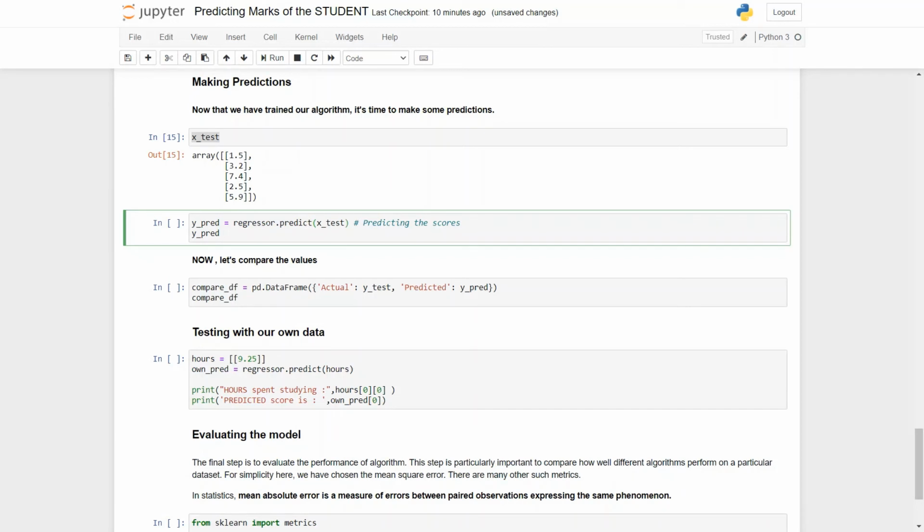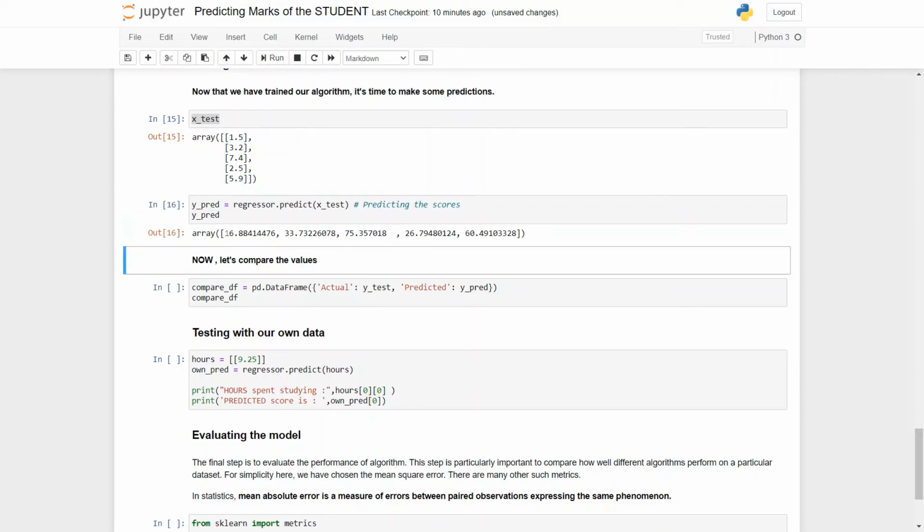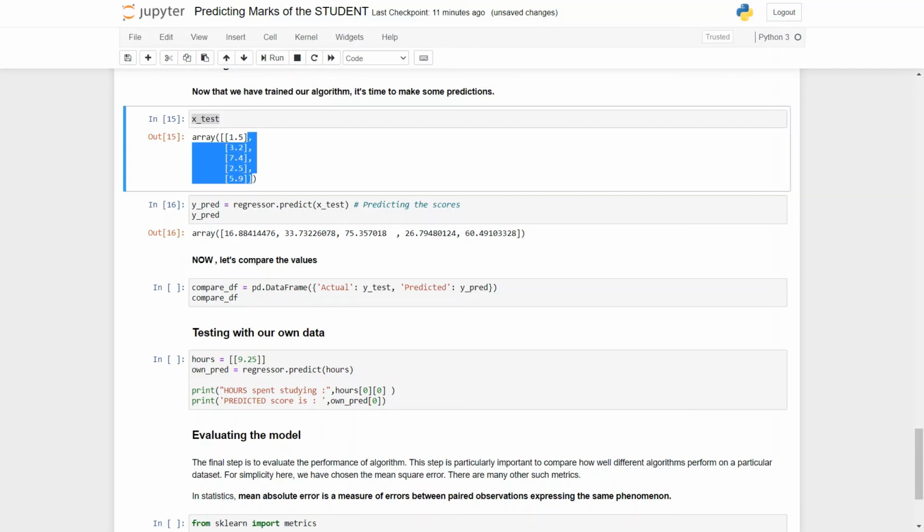We store that prediction value in ypred, representing the y prediction. To display the predicted values, we just write ypred and run the cell. After running the cell, you will find the predicted values for the xtest values we displayed earlier.